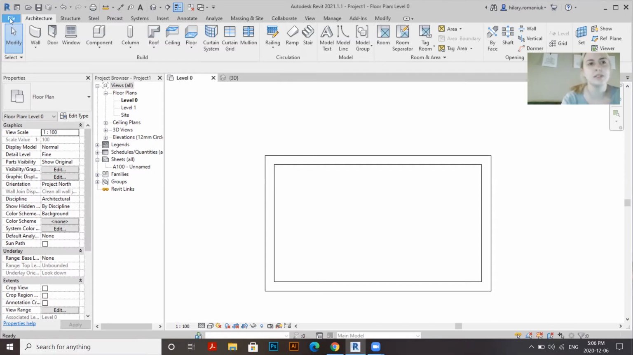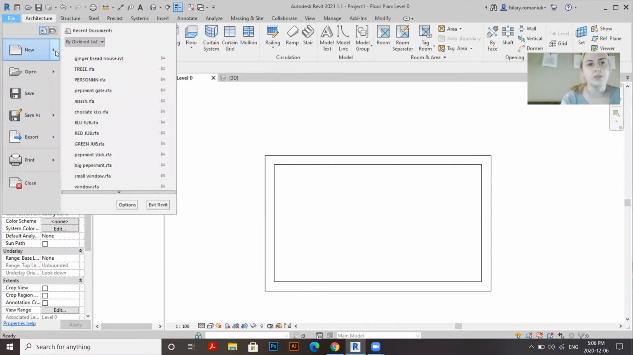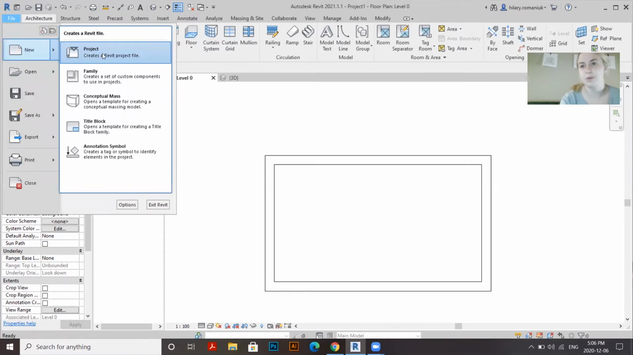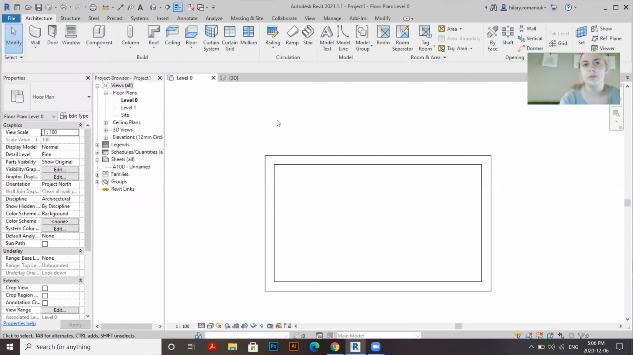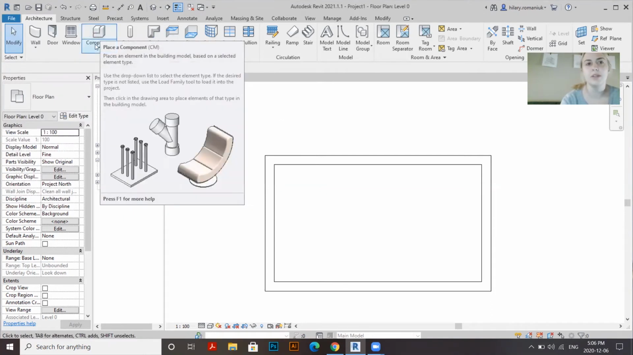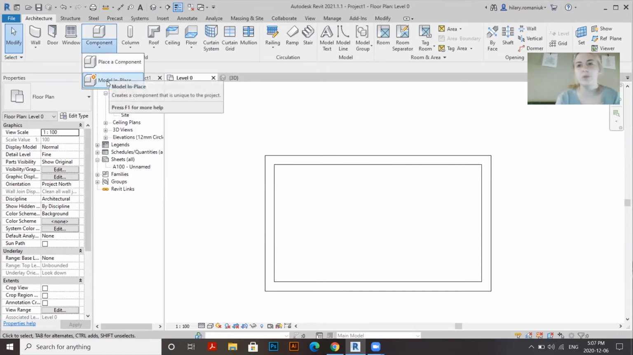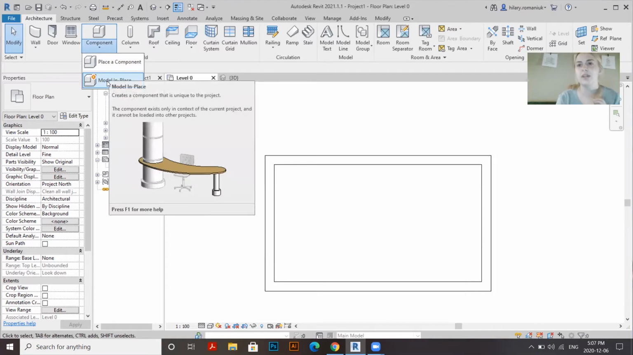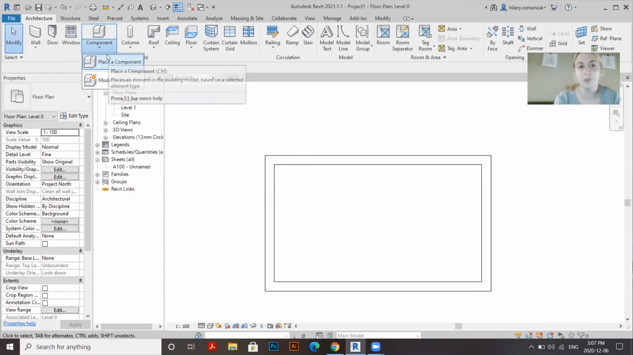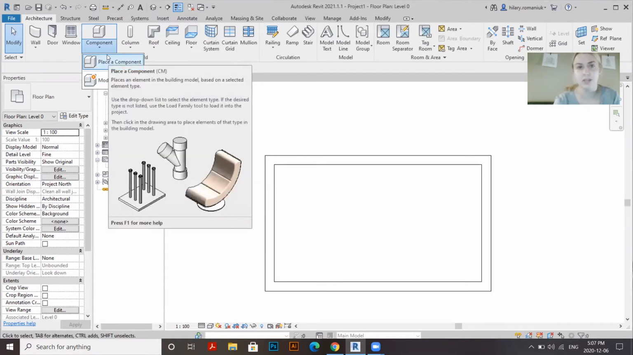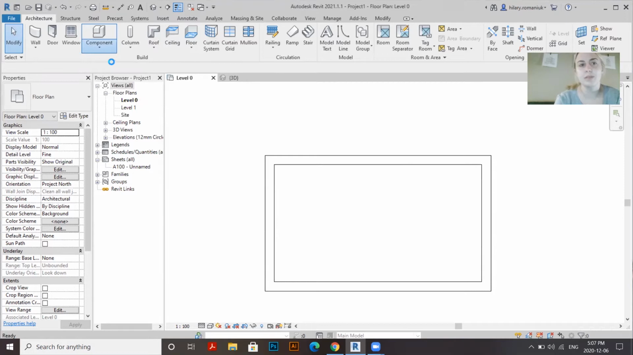So when you click File, New, there's an option to create a project, which is obviously what we're in, and families. And so families are usually found in this component button. So you can either model in place a component, which is not a family. That's just using extrusions and creating forms within your project, or you can place a component, which is placing a family. So you can click Place Component,